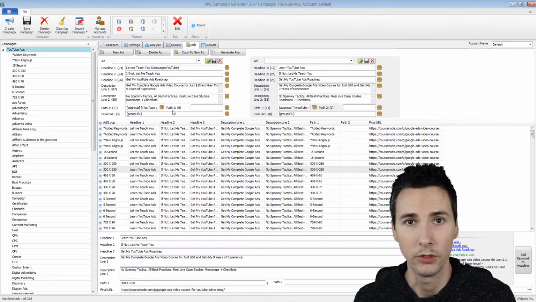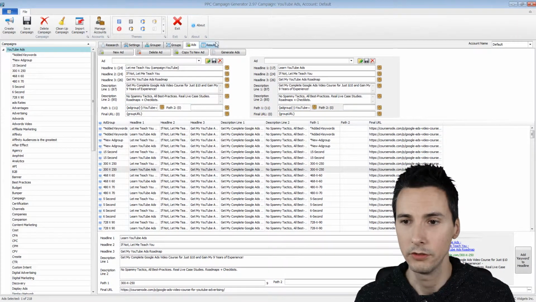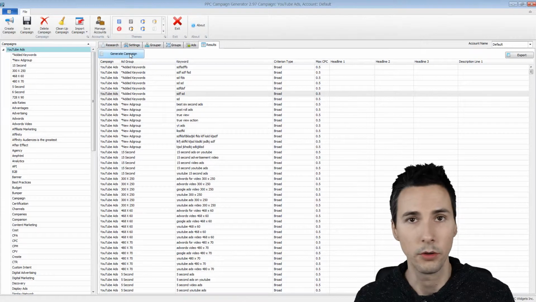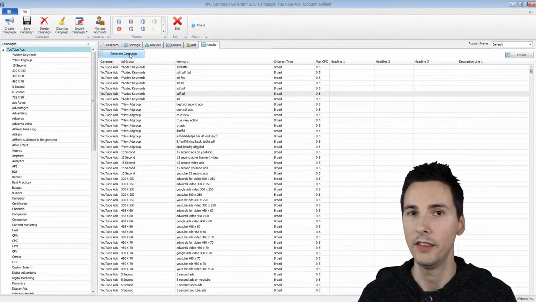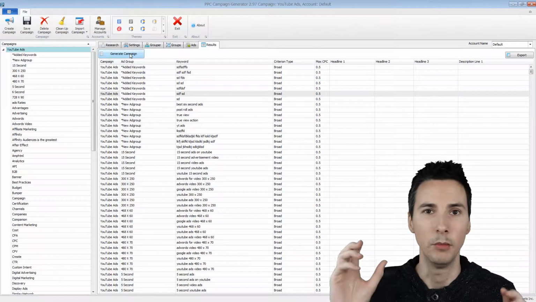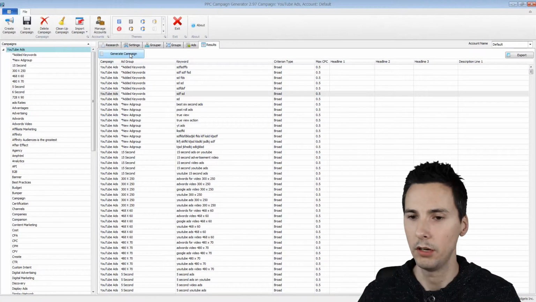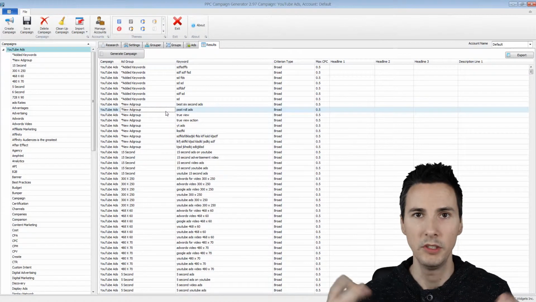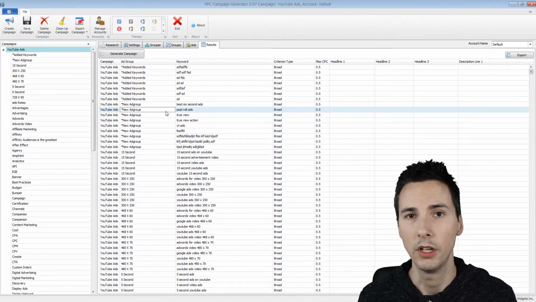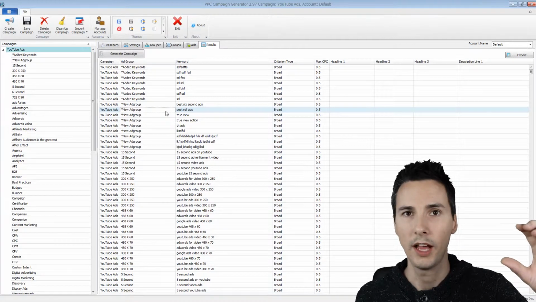Okay, now we are on the Results tab. The goal of this Results tab is simply to click this Generate Campaign. All of the strategy that we put into creating this campaign, like the placeholders, all of it will be outputted into one table. If you're a previous user of PPC Campaign Generator, what used to output is one for AdWords